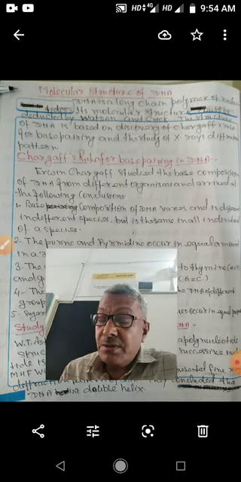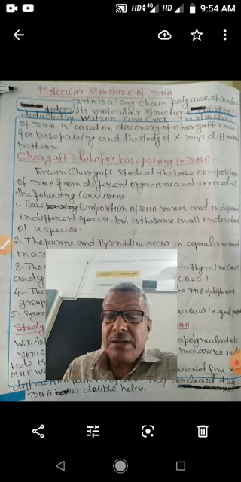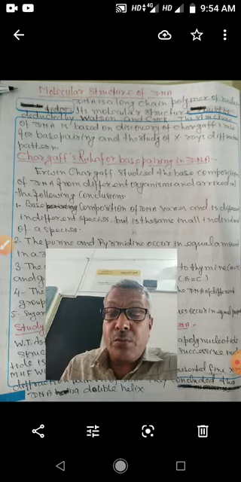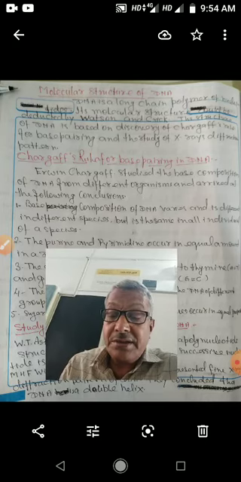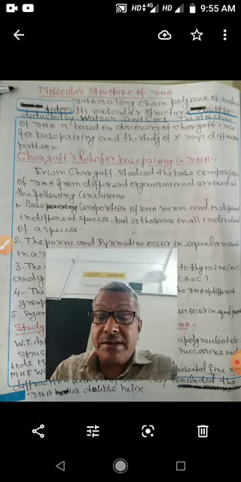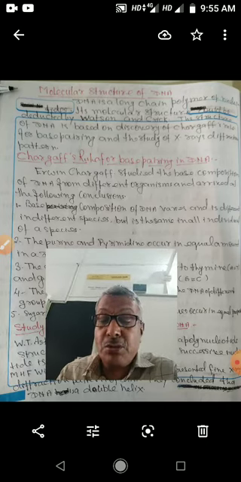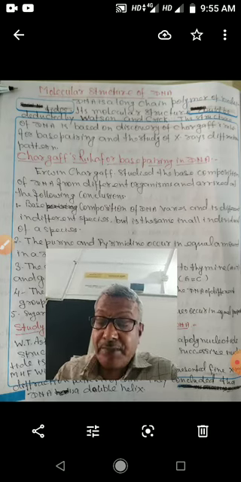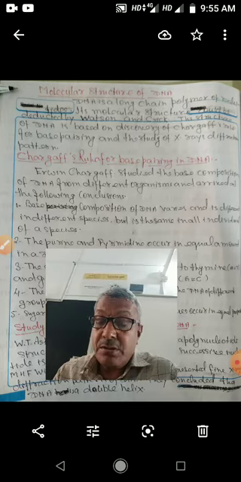So children, you understood DNA is a long chain polymer of nucleotides. Its molecular structure was deduced by Watson and Crick. The structure of DNA is based on the discovery of Chargaff's rule for base pairing and the study of the X-ray diffraction pattern of DNA. So, what is Chargaff's rule for base pairing in DNA?